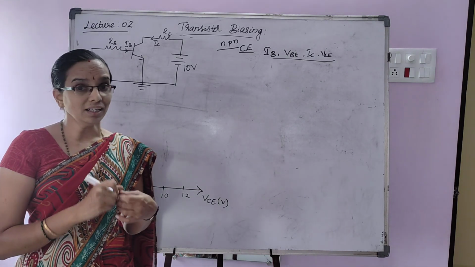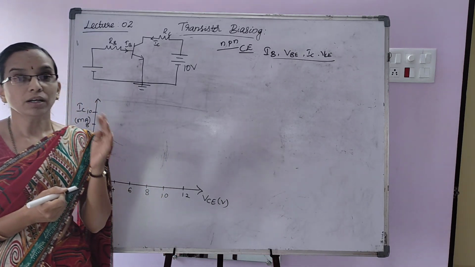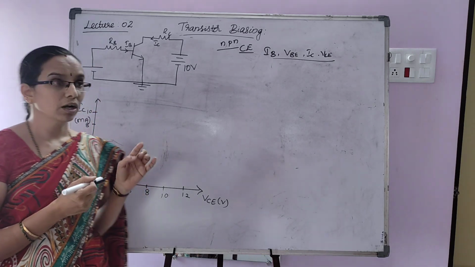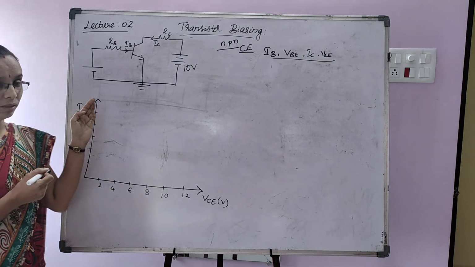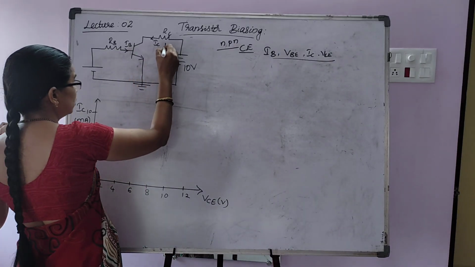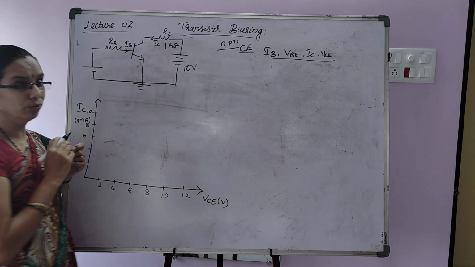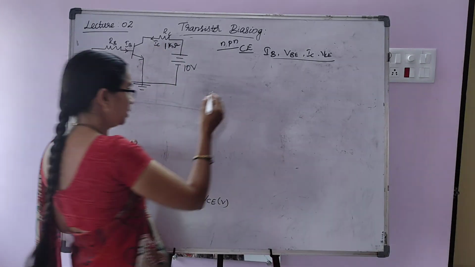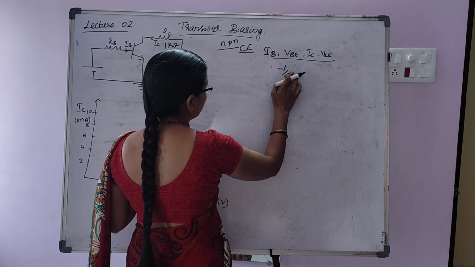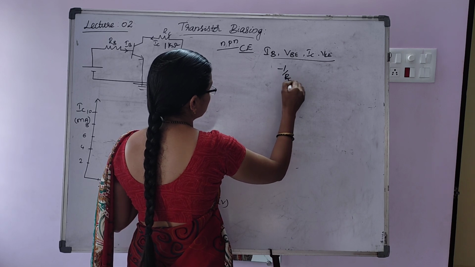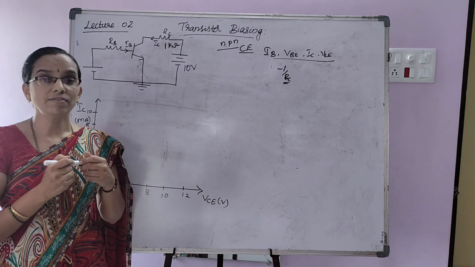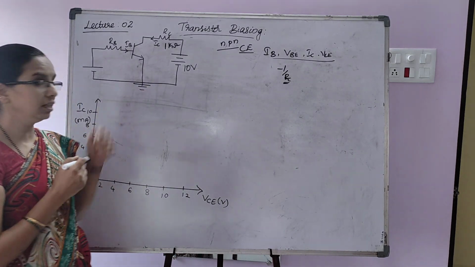To draw any line we need two endpoints, so we could find out the endpoints of the DC load line. I also gave you an assignment to draw the DC load line for two circuits. In the first circuit the RC value was 1 kilo ohm. As I have already told you, 1 by RC is the slope of the IC line. If RC varies, the slope of the line and the IC value will also vary. That we will see now.